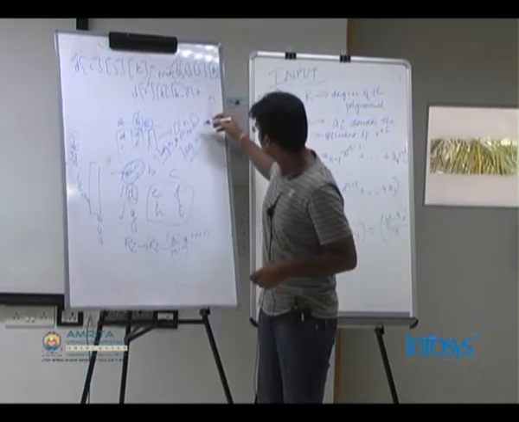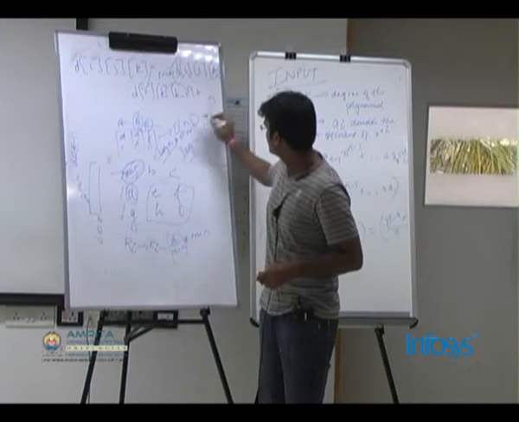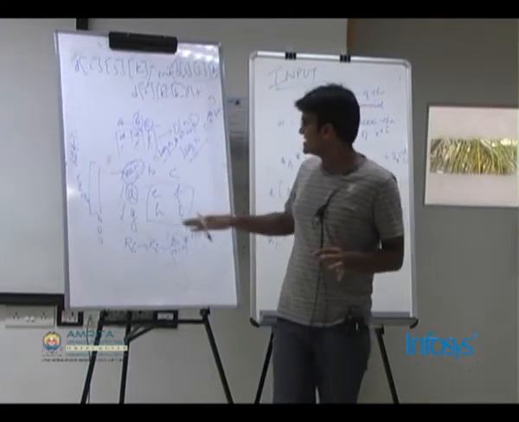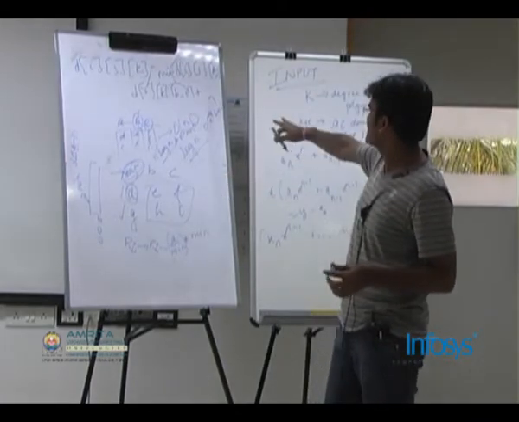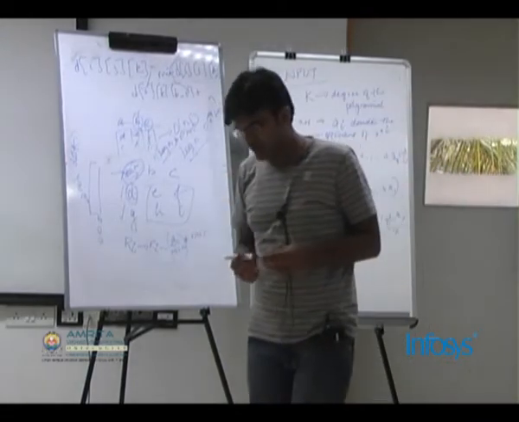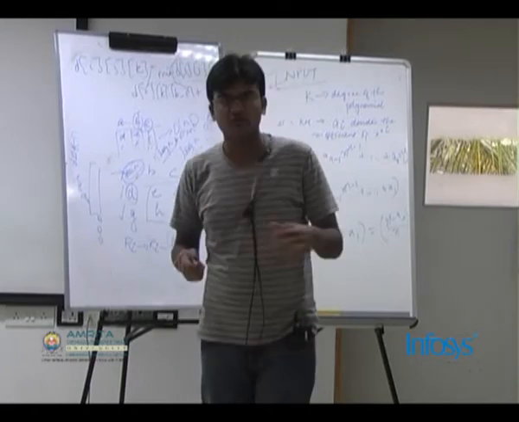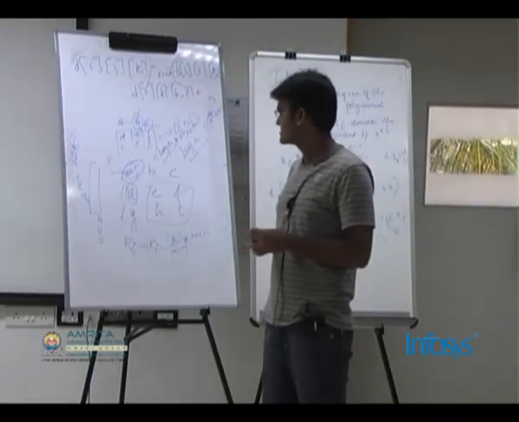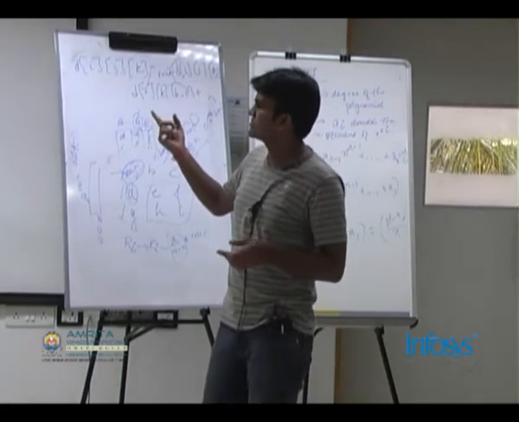So it comes to n cube, n to the power 4. It seems like the complexity for this algorithm will be n power 4 log n, but with a very detailed proof, somebody proved that it's actually n power 4. We'll not go into the proof details, but the complexity for this algorithm becomes n power 4.